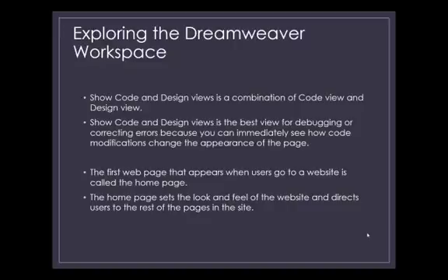Now, if you'd like to see what your web page is going to look like in the browser, you can look at the web elements, which are going to be very similar to the way they appear on the web, but not exactly. So to get a better idea of how it's going to look, you can use the Switch Design View to Live View button on the document toolbar. That's going to cause the open document to appear as it would in a browser with all the interactive elements